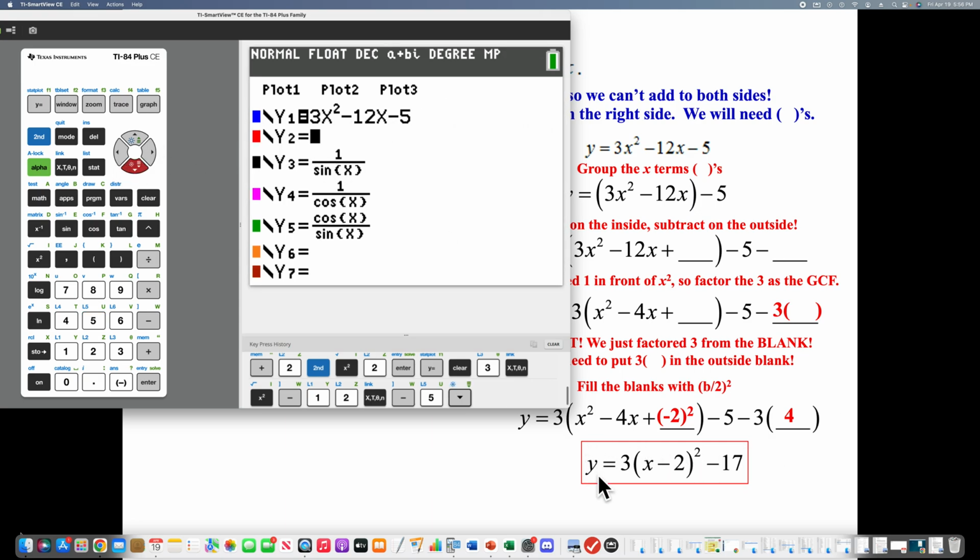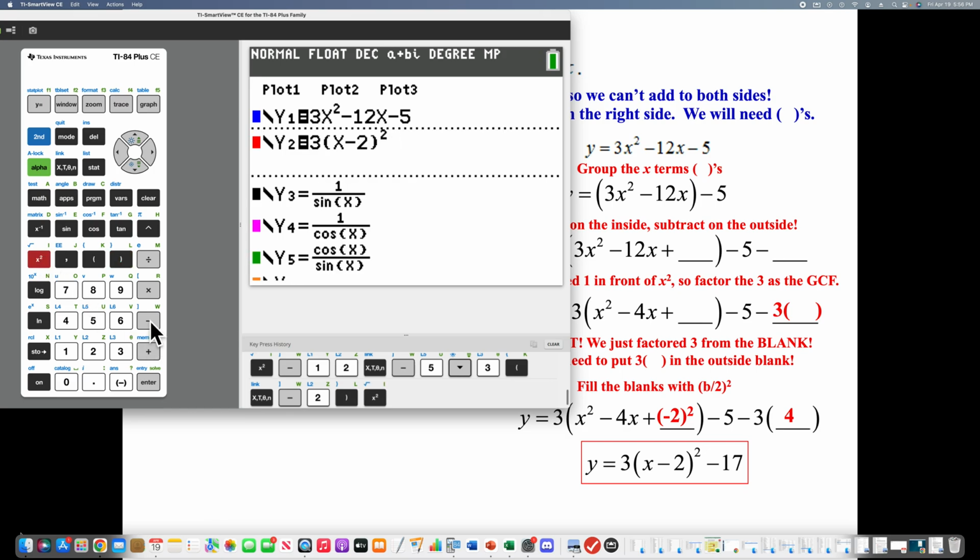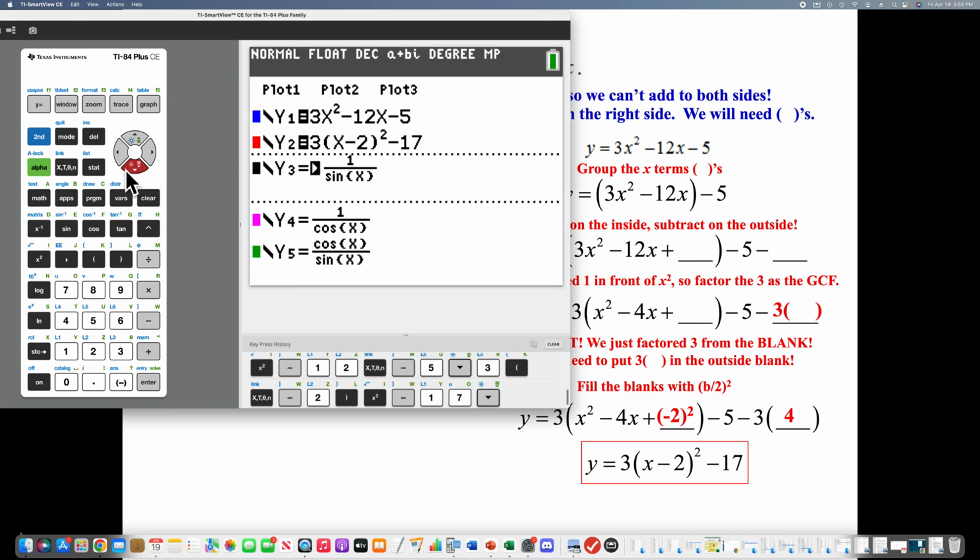You type in the equation that you get: 3 parentheses x minus 2, parentheses squared, minus 17. Okay, now because this is vertex form, that's indicating to me that I need to really